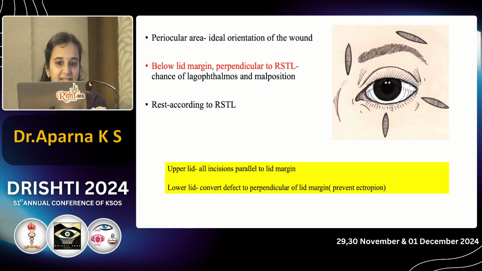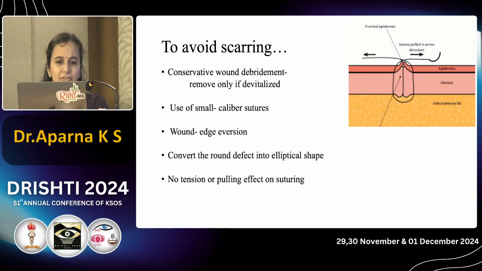And before starting suturing, we have to thoroughly clean the wound and make sure that we have removed all the foreign bodies, and remove the tissue only if it is devitalized. Try to preserve normal tissues as much as possible and use the smallest caliber sutures possible, and make sure that the wound edges are not overlapping, but it should be